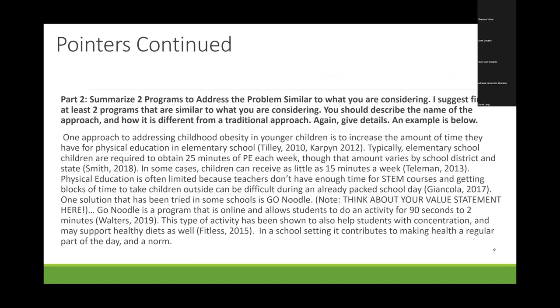The last point that I'll make on this kind of writing a rationale, and then we'll transition to another more active component of this presentation, is to think about the research that's been done before. So having a little bit of a summary of similar work. So if I'm doing a physical activity intervention, I probably want to pull out some of the other interventions that have been done in the physical activity space. There's a program called Go Noodle, for example, that has a bit of research. Bringing to bear how much Go Noodle had an effect, where it was done, how effective it was, is really important to set the stage for the intervention that I'm considering.